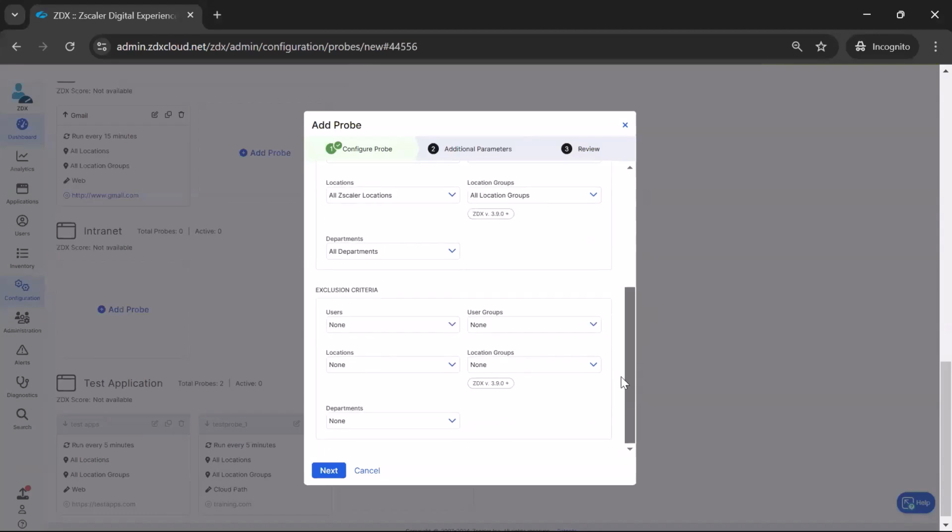Along the same lines, you also have the option to select user groups, locations, or departments that you do not want to monitor. Reducing unnecessary probe traffic is always good practice, but it is especially important when configuring web probes for internal applications through Zscaler Private Access. Since web probes for ZPA are currently not cached, you should probe only for users, user groups, and departments that